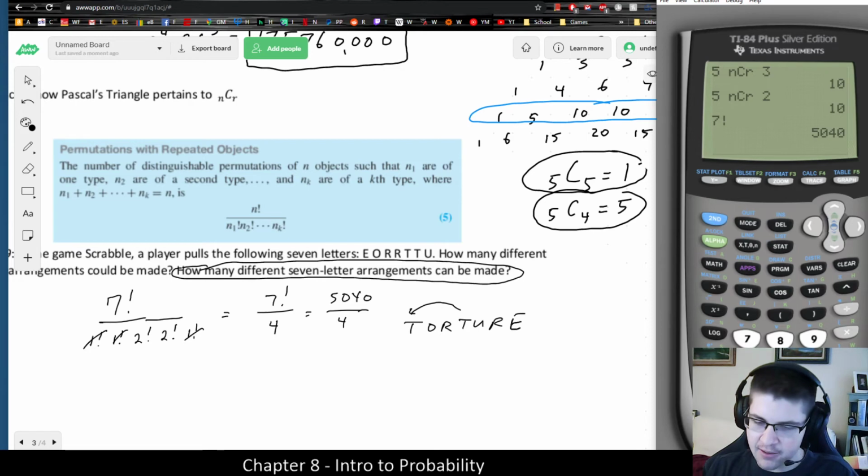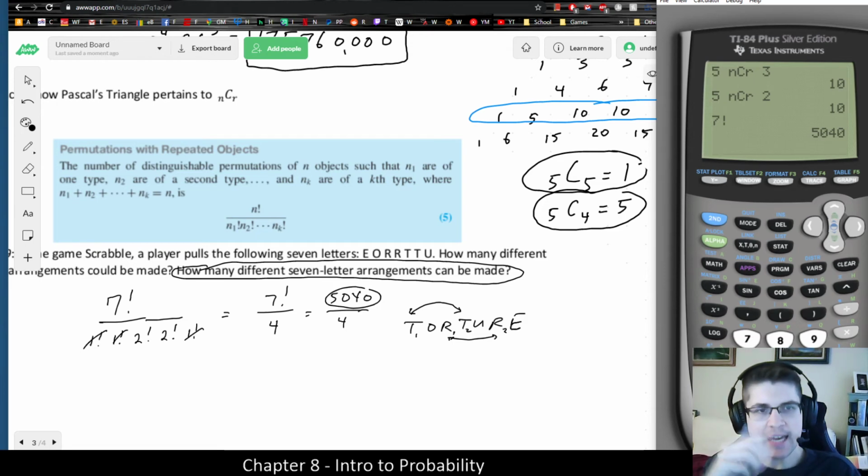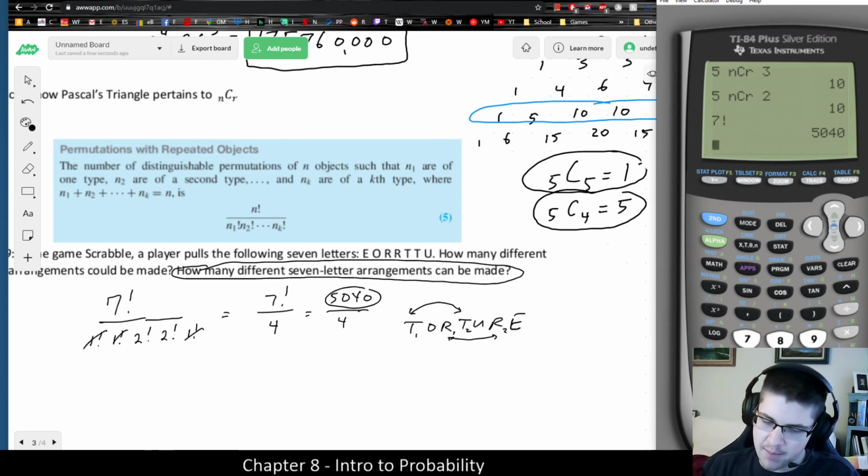Technically, TORTURE is the same whether or not I flip the T's around. Is that the same as if the first T was drawn, not the second T? Based on the fact that some of them are duplicated, yes, those should be the same arrangement really. And since R is duplicated as well, if I think of this as T1, T2 and R1, R2, this calculation of 5,040 is giving me every permutation, but there are some overlapping duplicates, because if I switch T1 and T2 and leave R1 and R2,